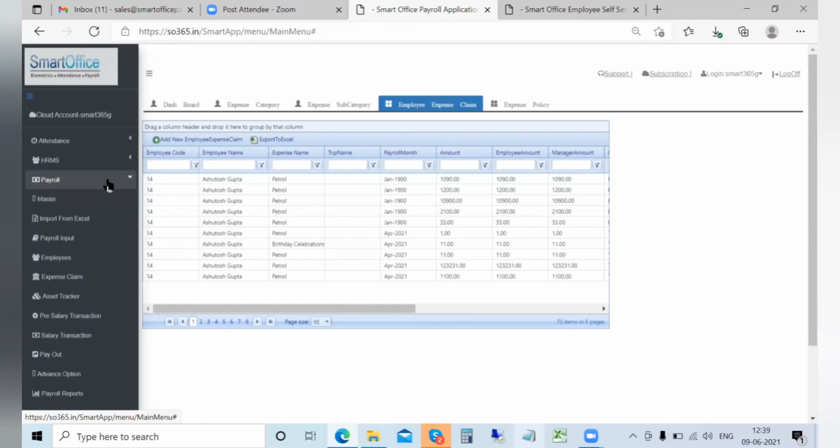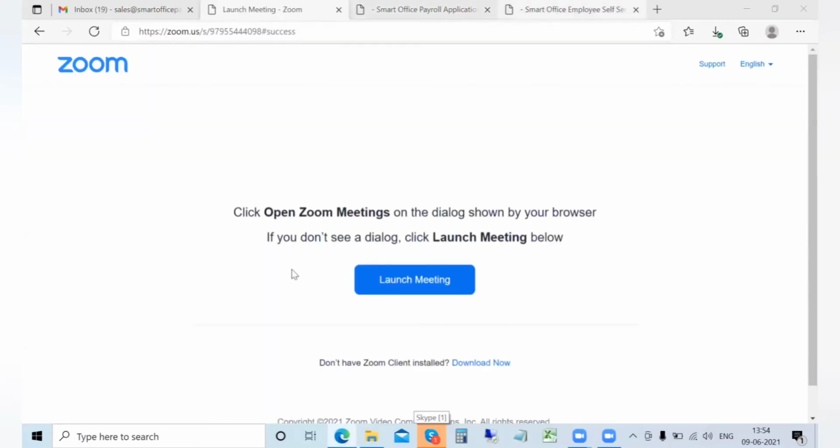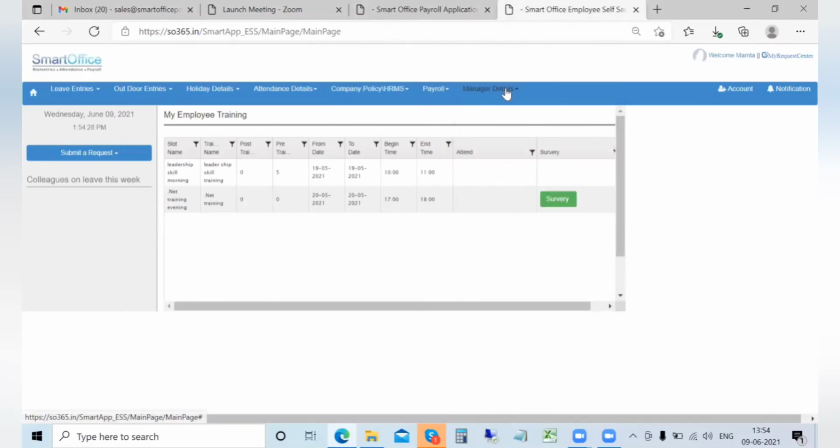Now, next thing we would be covering is the employee self-service option in terms of the attendance and payroll part. So now let's understand about the ESS options available. Basically, ESS is employee self-service, and we also have a mobile app which has most of the features, except for a few because of limitations.